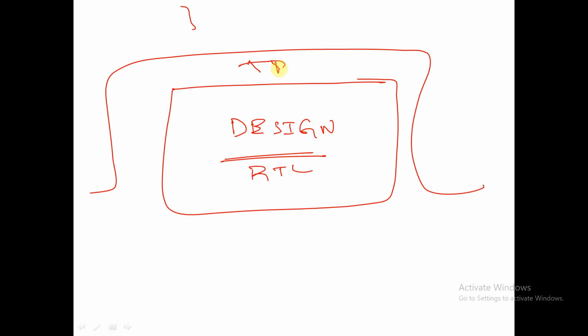for verifying our design. We have already discussed in our Verilog sessions how to write a test bench, not completely, but briefly, for a design written in RTL. I think we developed a test bench for a full adder in gate level modeling, and we have seen how this design works for our given stimulus. So in the test bench, I think